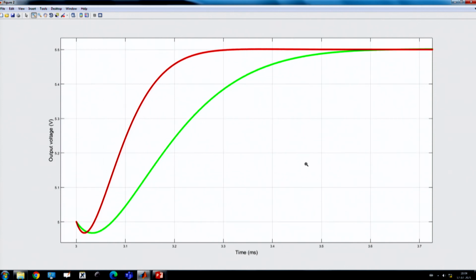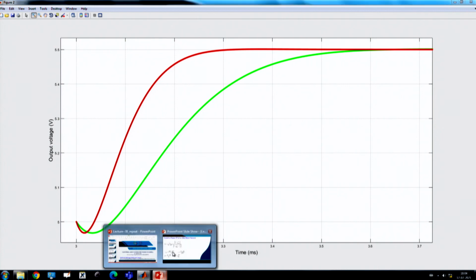So, as a result, if you want to design a closed loop control, if the right half plane 0 comes close to the imaginary axis, then it puts a constraint on your controller bandwidth, and in the green case the right half plane 0 is coming close to the imaginary axis. So, we have to slow down the system, otherwise it may be unstable. So, that is why the green color is much slower than the red one, and this is the effect due to the right half plane 0.